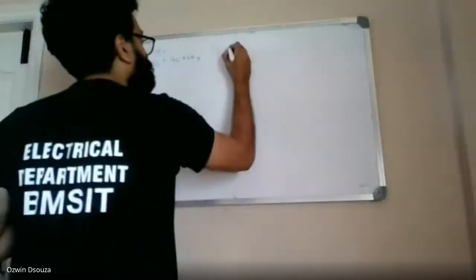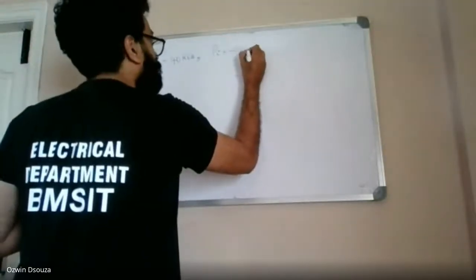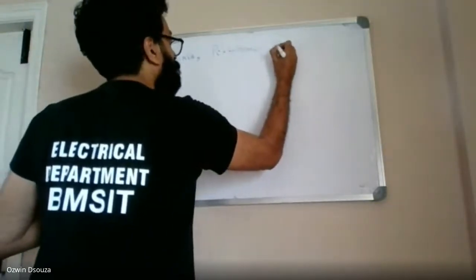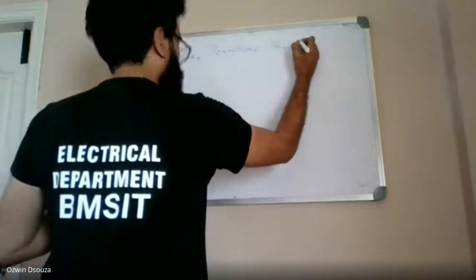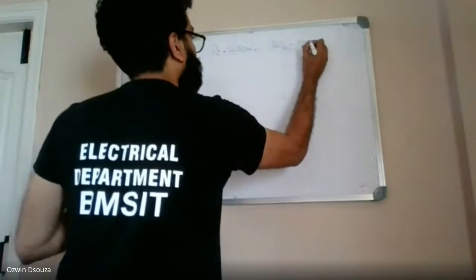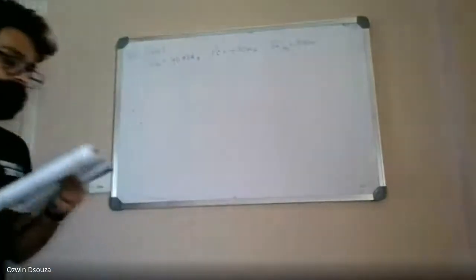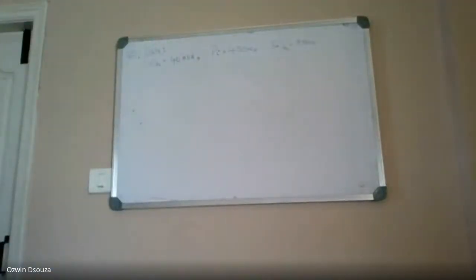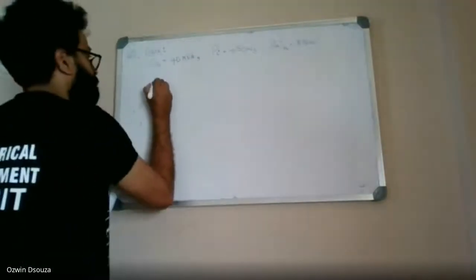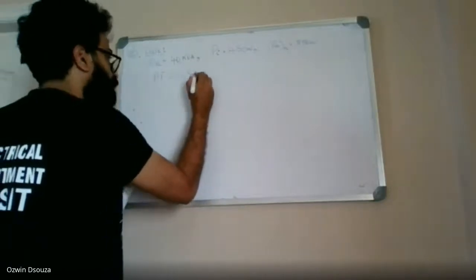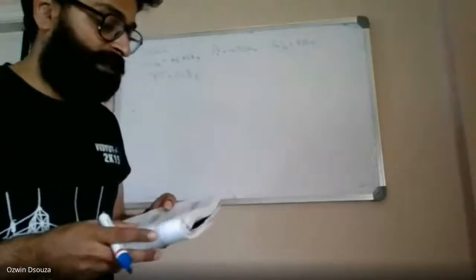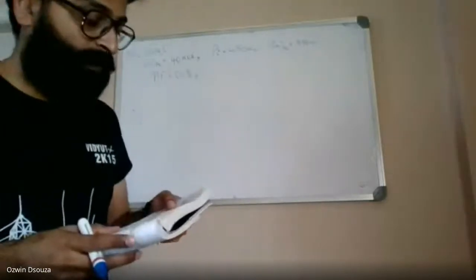So iron loss is 450 and full load copper loss, PCU full load, is 850 watts. If the power factor of the load is 0.8, so they have also given you the power factor, which is 0.8. If the power factor of the load is 0.8, calculate